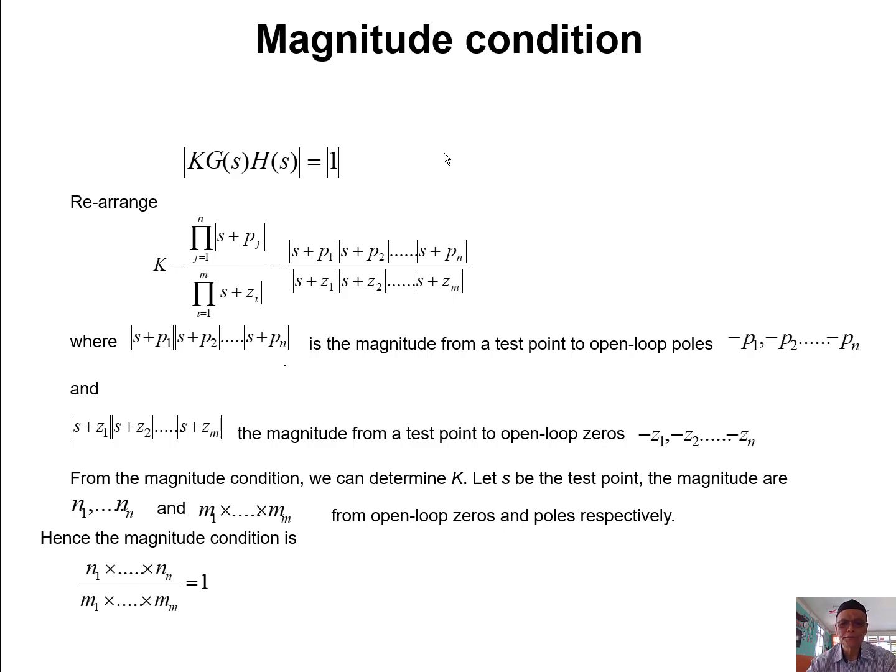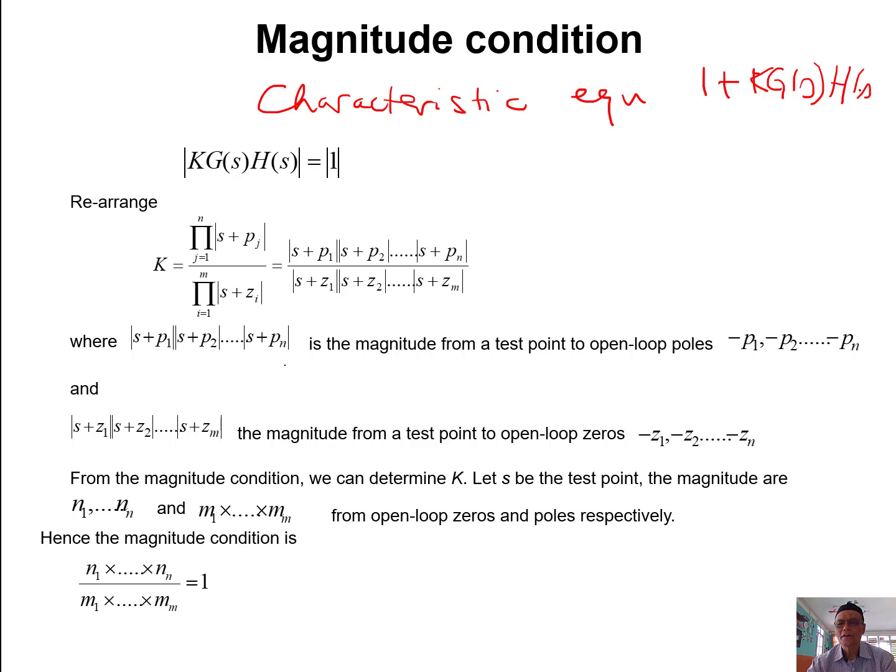Okay, let us continue. As we know, the characteristic equation, let's recall back, is 1 plus KG(s)H(s) equal to 0. If you were to modify it back, it becomes KG(s)H(s) equal to minus 1. And then we know that minus 1 is equal to a magnitude of 1 and an angle of jRπ, where R is